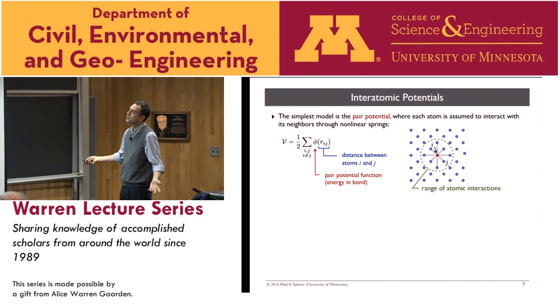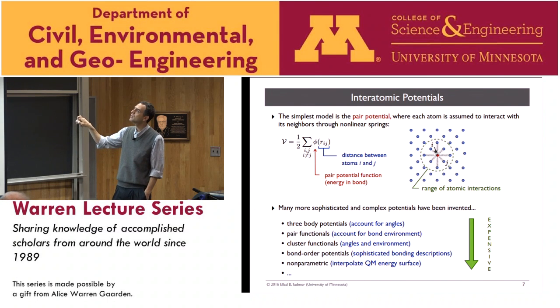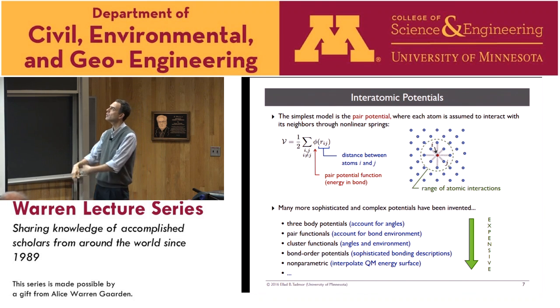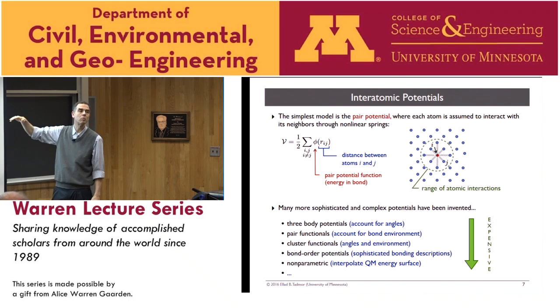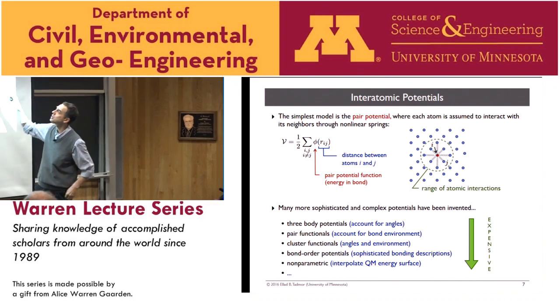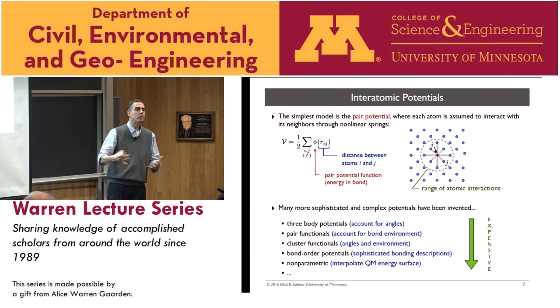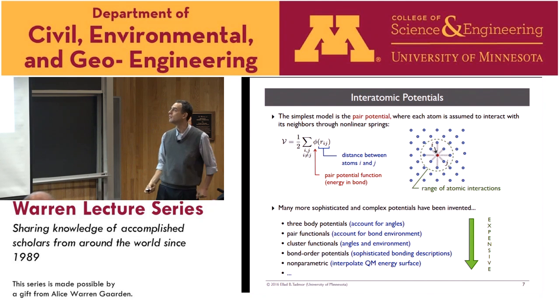And this most famous, well, no, I guess maybe I'm skipping that even. So then this is a very, very simple model, but you can go to more and more complicated ones. So you can do a three-body potential, which also accounts for the angles between bonds, not just the distance. There's something called pair functionals, where you account for the bond environment, and it gets more and more complicated. And so basically you're trying to add more and more terms to this expression. There's going to be a plus and a plus and a plus that model other aspects of the bonding. And you come up with some reasonable physics or physical model to do that.